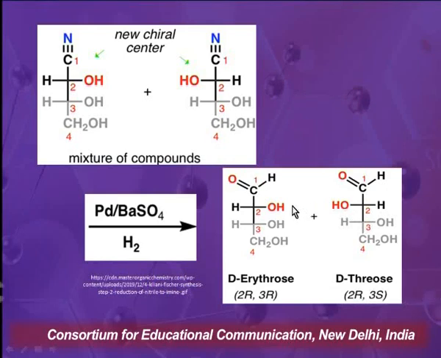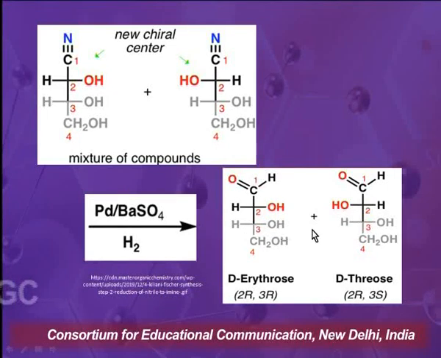So what do we find in D-erythrose? Why do we call it the D form? Because the OH is on the right hand side at the highest numbered asymmetric carbon, and this is known as erythrose. This is the next monosaccharide, which is an aldose, and since it has 4 carbons in it, it is an aldotetrose.